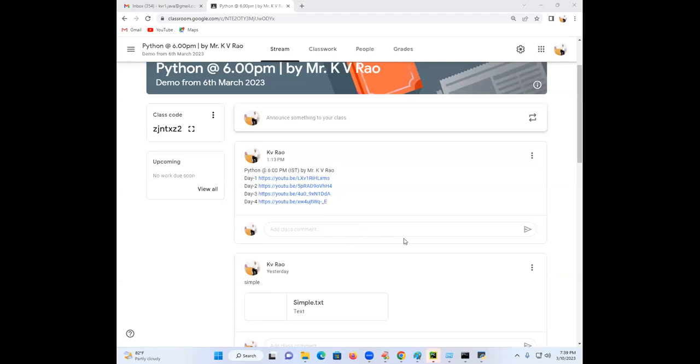Sir, I passed BSc Agriculture in 2017, and I have a gap of 6 years. Can I get a job as a fresher? Once you have great coding standards, you can get a job irrespective of your background. And you need to learn data science also along with that. As a fresher only, I'm saying. Okay.